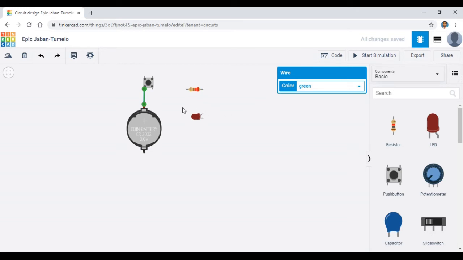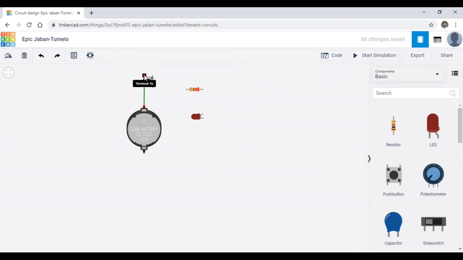One more thing: when the wiring is established between these 2 terminals, a new pop-up appears, called wire. Here the color is green, and you can change the color. You can take black, or orange also. That depends on your requirement. For this circuit I am going to use green only. You can take any other color also.